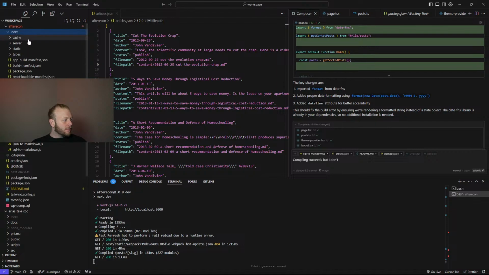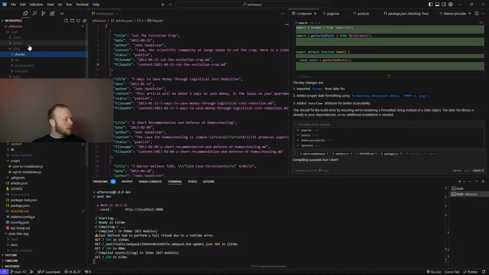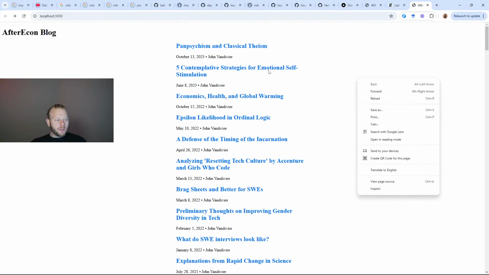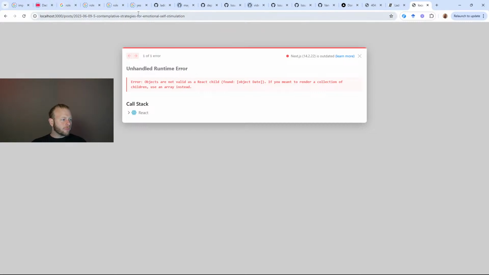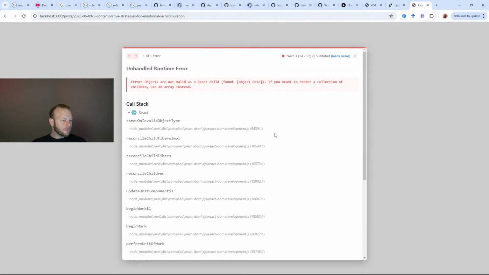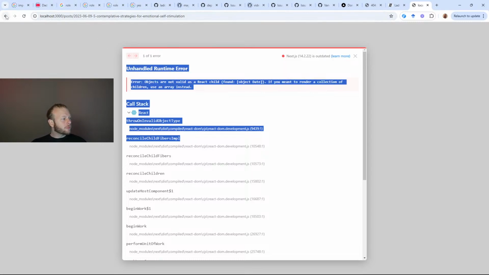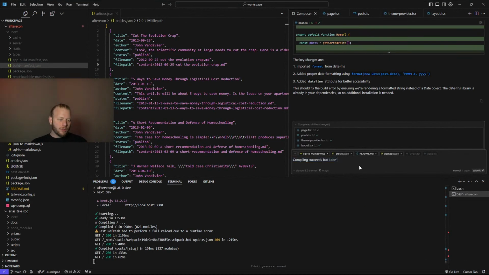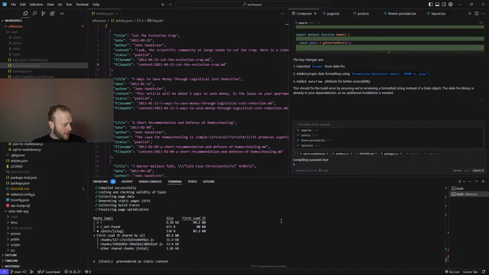Is it making the individual pages? Compiling succeeds, but only four pages were compiled.